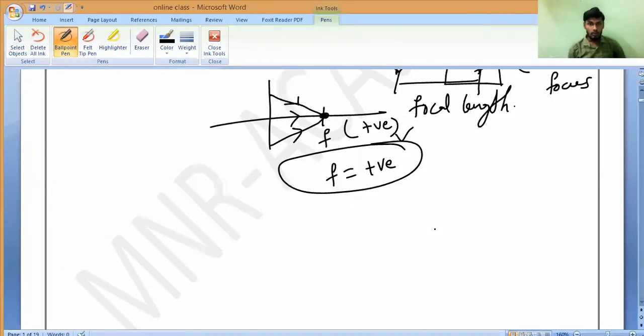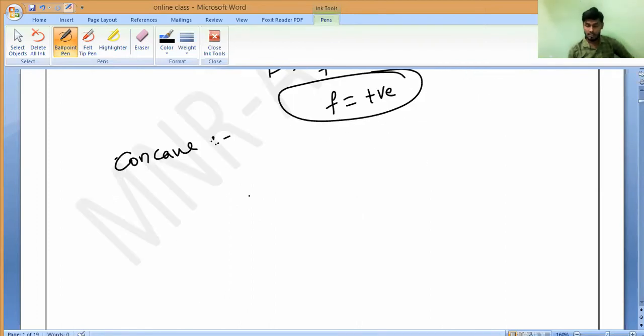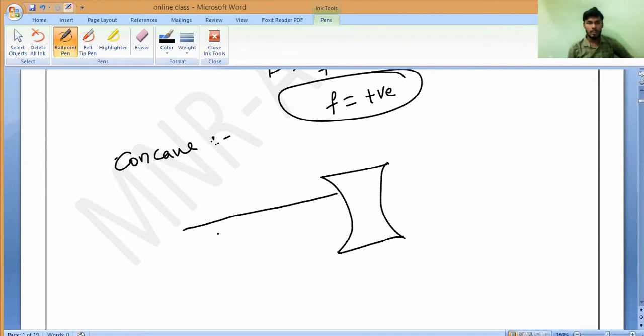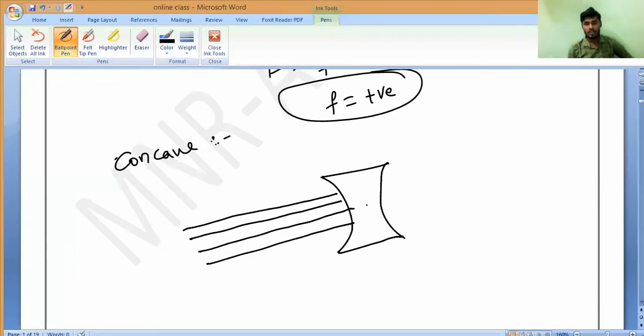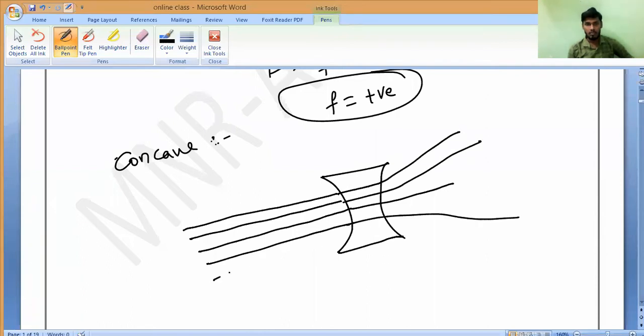So what will people do? How to find the focal length of a concave lens? Here also it is the same thing. Let us consider the light rays coming from infinite distance. We will insert a parallel beam of light parallel to the principal axis. Here the principal axis will be like this, going straight. After falling on the lens, the remaining rays will diverge like this. Is it yes or no?